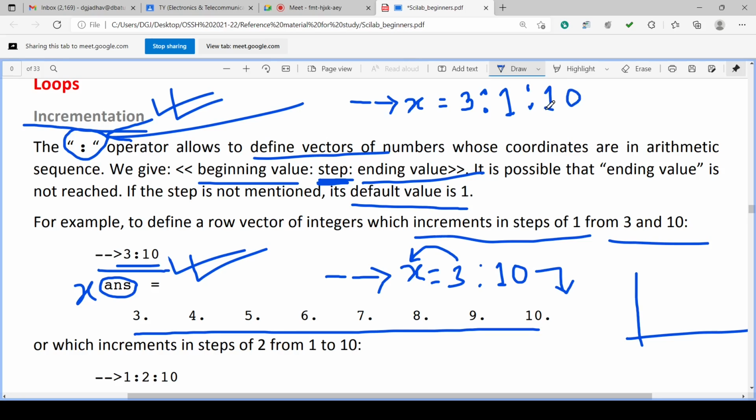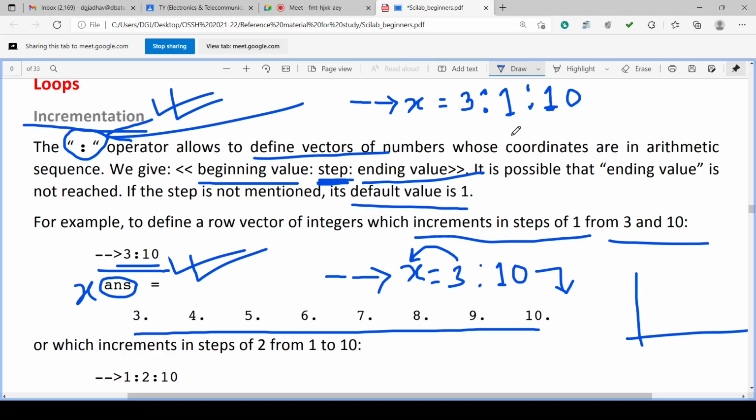It is again the same thing we have written already. 3 colon 10 is nothing but 3 colon 1 colon 10, because 3 colon 10 assumes by default step is 1, and 3 colon 1 colon 10 also has the step equal to 1. So both are the same. This also gives the same result, x equal to 3, 4, 5, 6, 7, 8, 9, 10, because step is 1.